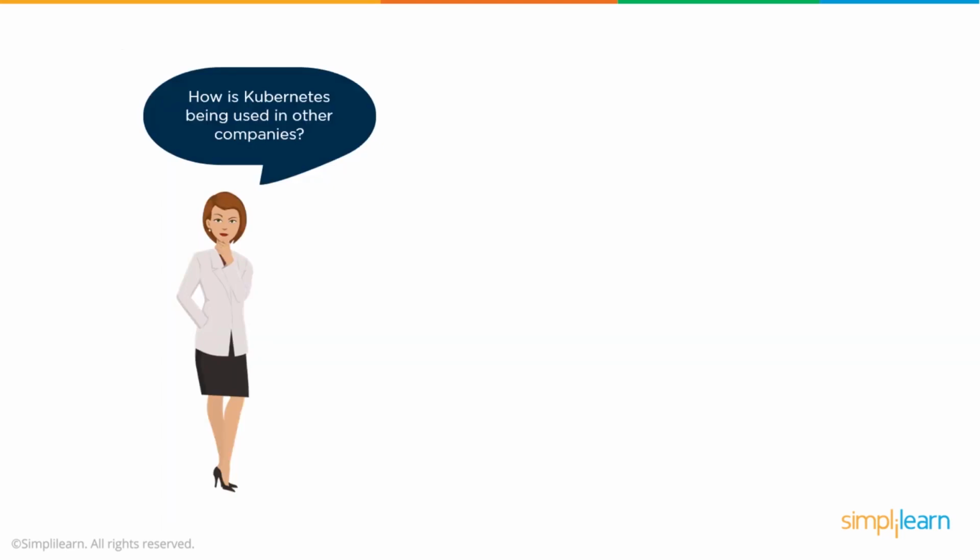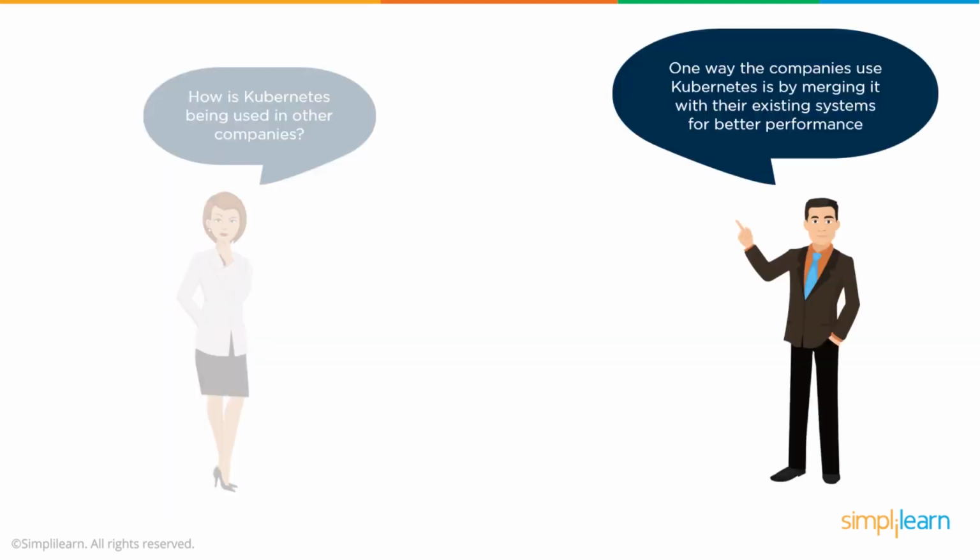So finally, let's see where Kubernetes is being used by other companies. Kubernetes is being used by a lot of companies, and they're really using it to help manage complex existing systems so that they can have greater performance, with the end goal of being able to delight the customer, increase value to the customer, and hence increase value and revenue into the organization.